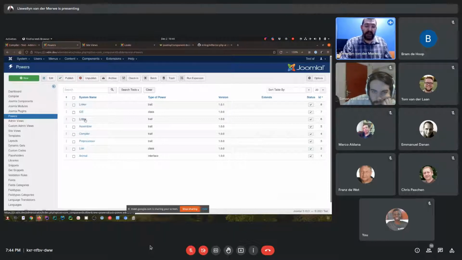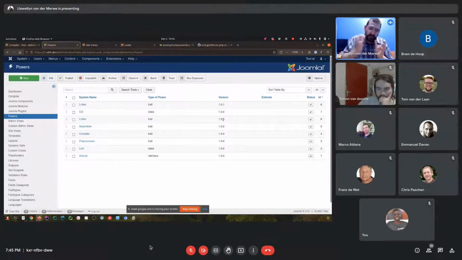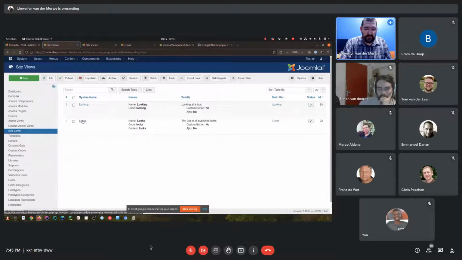Because you may have linked this version into more than one component, and now you want to make a change to it, but you don't want it to affect all the other components that are using it. So you can change it by incrementing the version, and basically if you now go back to the site view where we've linked it,